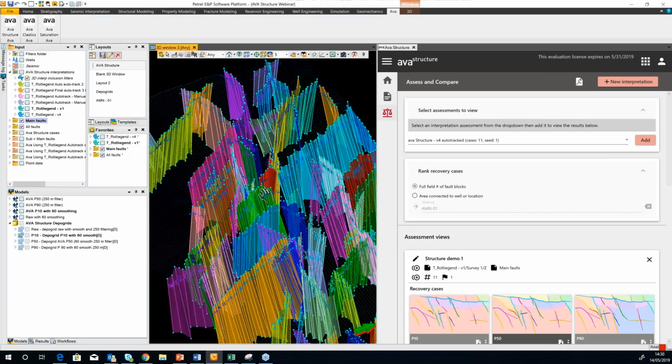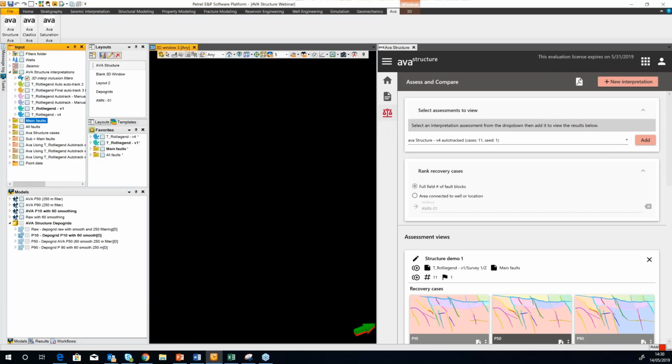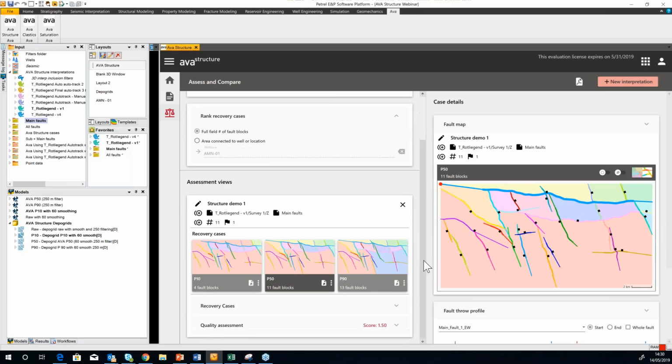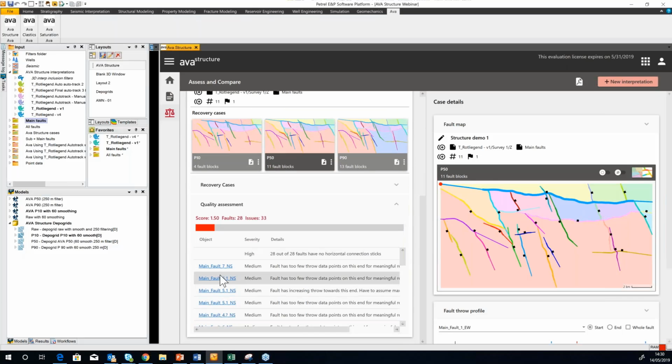Okay, so it's often advantageous to have Ava Structure open, paralleling a 3D window, but just for the purpose of this demo, I'm just going to expand it and run through the interface here. Okay, so the first thing that Ava Structure has given us is a quality assessment. So we've been given a score in here, and it's gone through and it's highlighted each of our faults within our faults folder, and it's given them a severity and also a quality assurance comment as to work that could be done to improve it and the impact that this has on potentially calculating